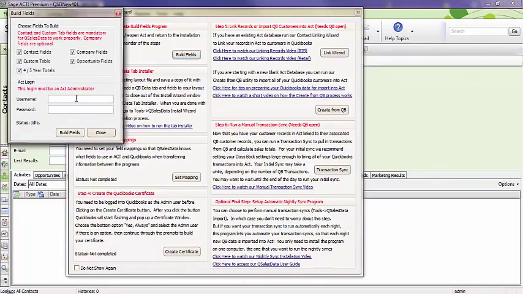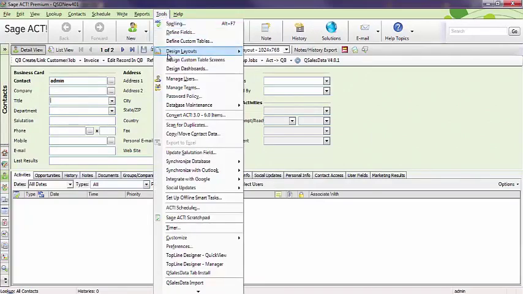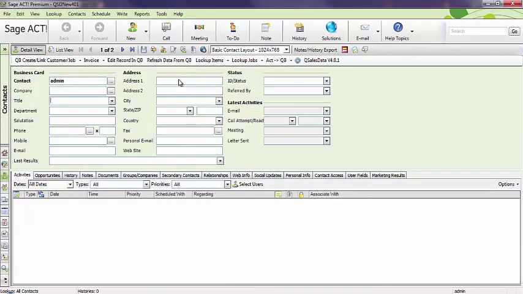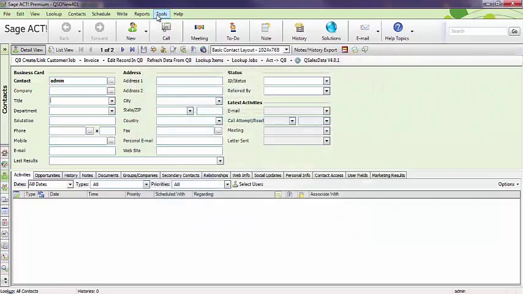Now, those of you that are using single licenses of ACT may not know what your ACT username is. To find that out, you can close out of the wizard and go to Tools, Manage Users in ACT, and it'll show you what your username is. That's what you're going to log in as, and hopefully you remember your password. So I'm going to go back to the Install Wizard,